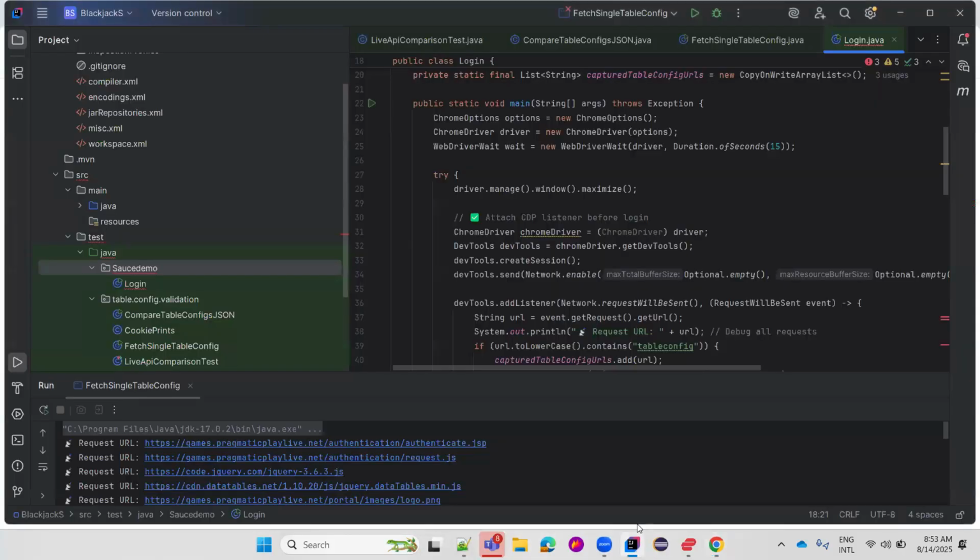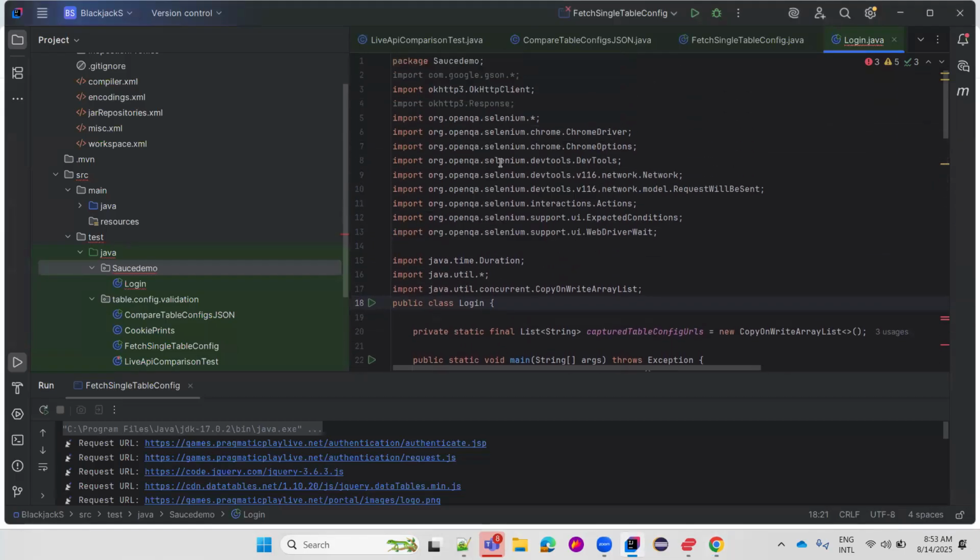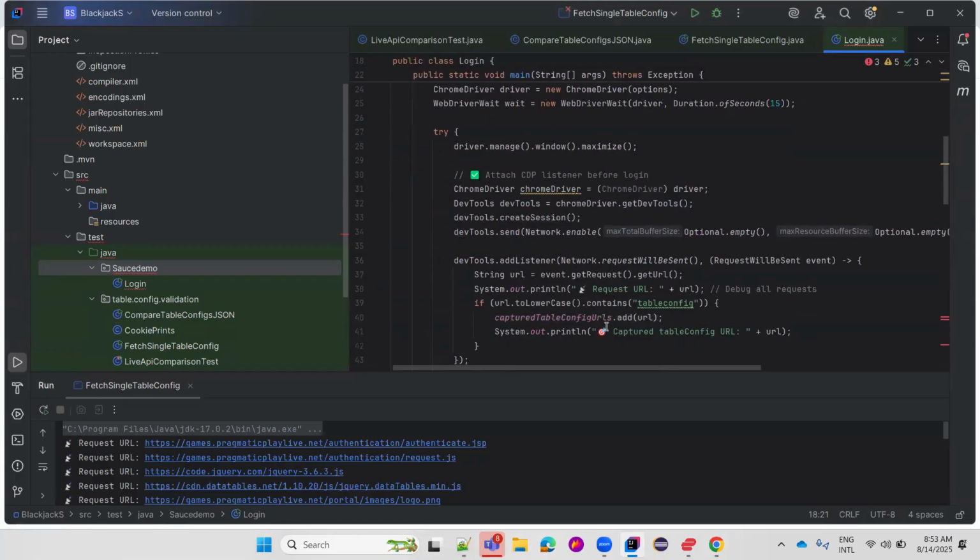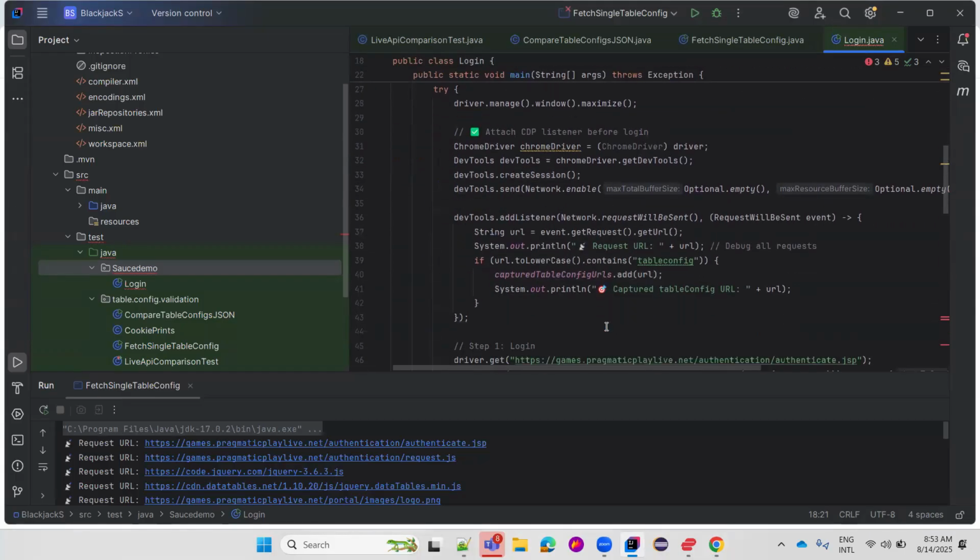As of now, I'm just using the WebDriver Manager. If you see, with the help of the WebDriver Manager only, I have taken this. So no need to import the Chrome driver again. If you observe here,